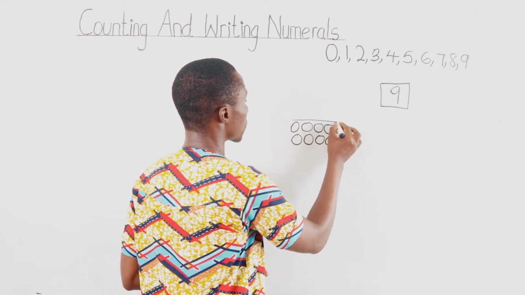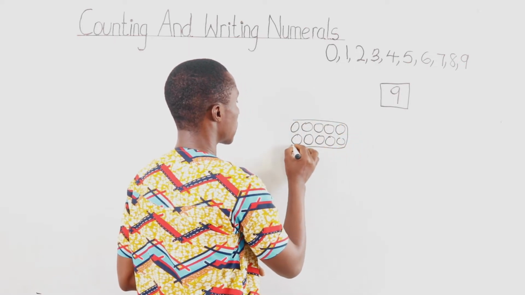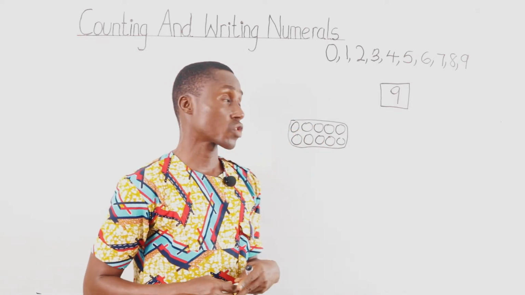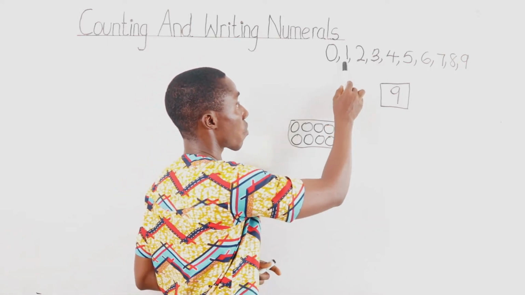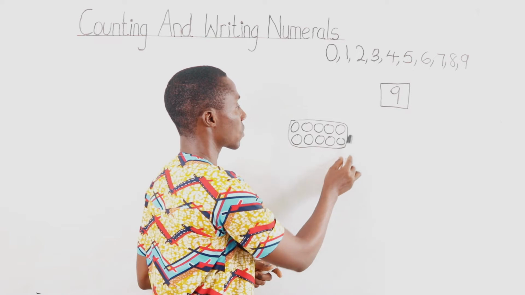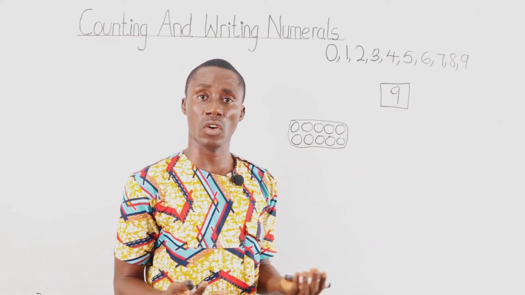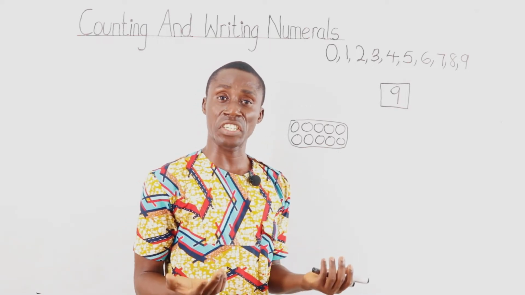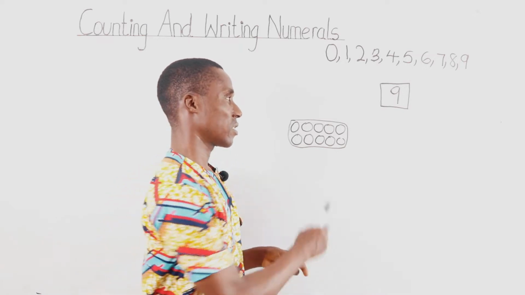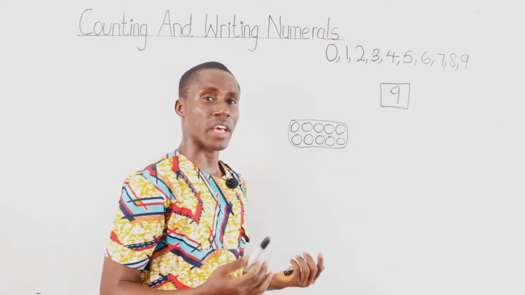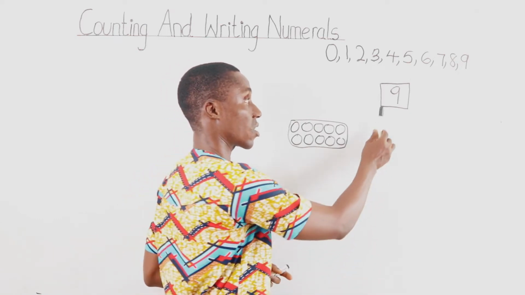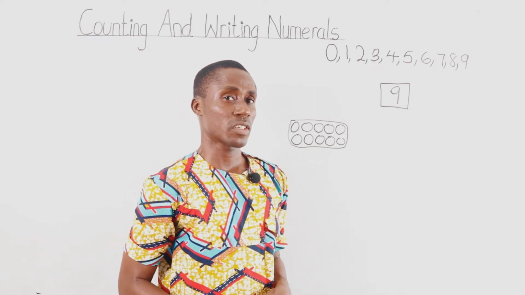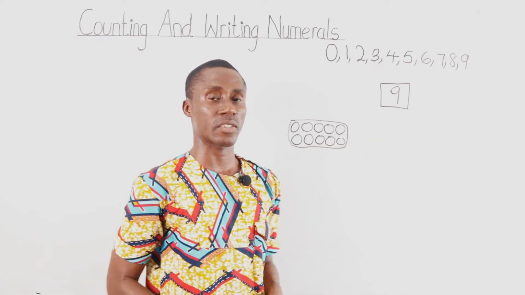And these 10 oranges, we are going to put them together as one group of 10 oranges. And so we can use the digit 1 to represent this one group of 10 oranges. Well, where do we write this new one, which is actually one group of 10 oranges? We cannot write it in this number place, because if we write it in this number place, there is going